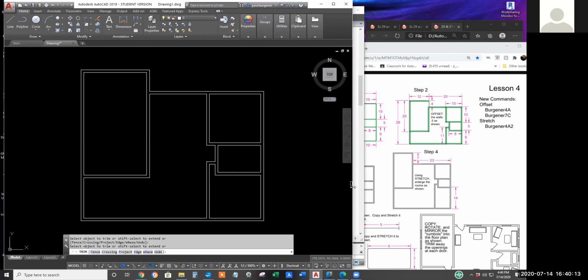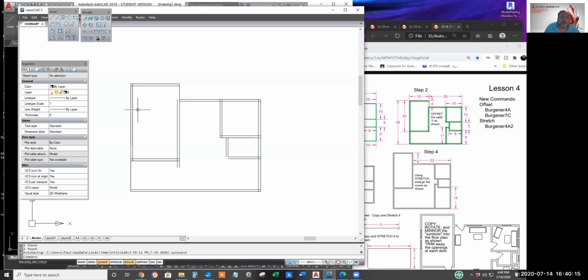Let me toggle over to IntelliCAD. And where's the trim icon? There you go. When you stretch the modify toolbar into a square, the trim icon is directly below the move icon.